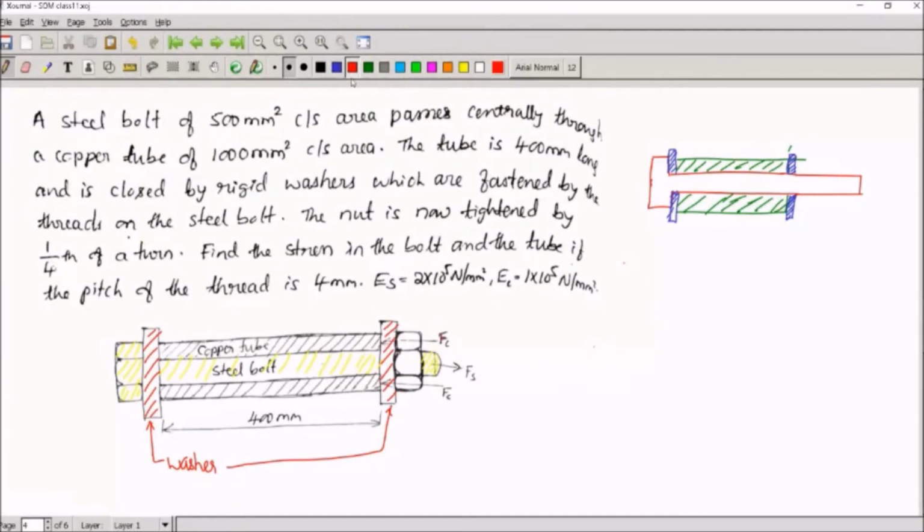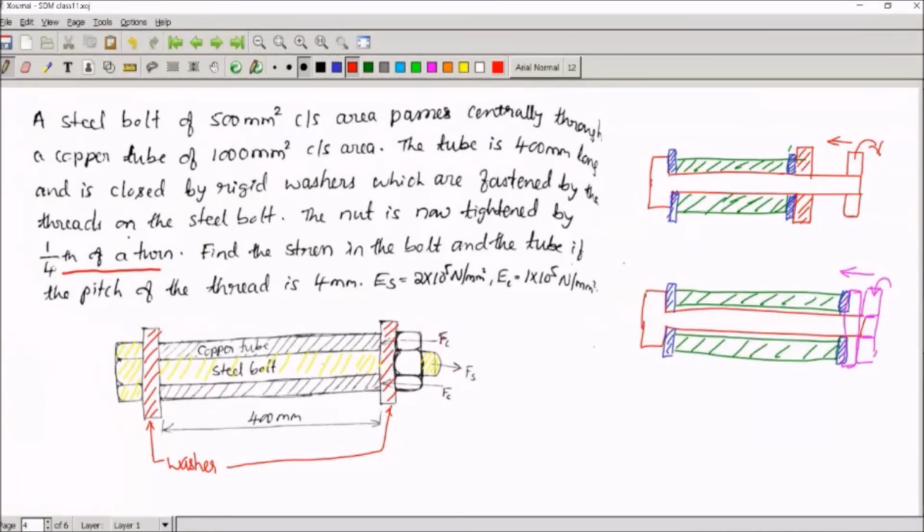Now I'll insert a nut. Inserting a nut means I have to keep the nut on this cylindrical portion and turn it. When I turn this nut, it goes axially like this, and let us say it just touches this washer first. Once it just touches the washer, there will not be any stresses in the sleeve or the bolt. But even after touching, if you try to turn, it will try to compress the sleeve and it will try to pull the bolt out. So stresses are induced after giving some turn, after the nut touches the washer.